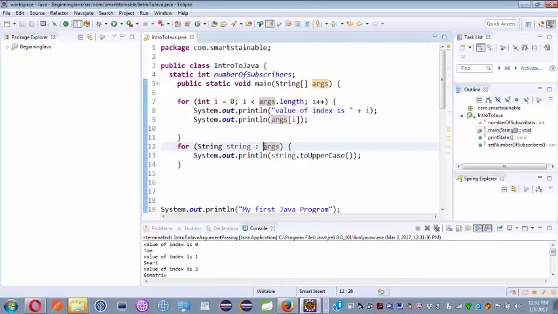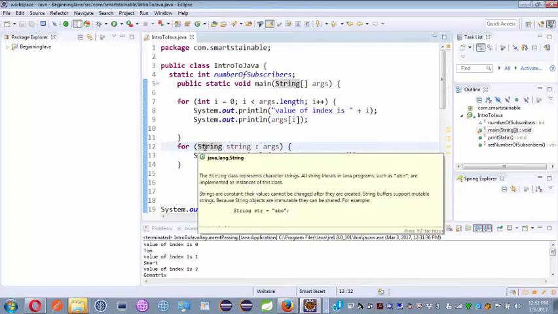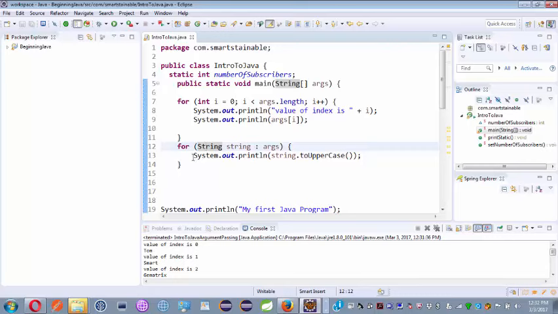And for each entry it gets out, one by one, starting with index 0 and going through until there's no more, it places each one of those entries into an object called lowercase string of type string. And then we just call the to uppercase method of that string and place it into